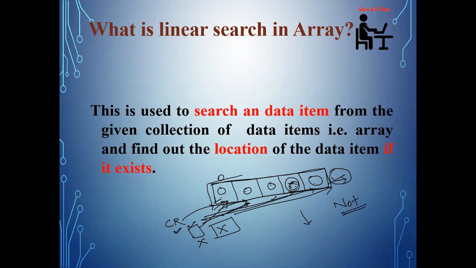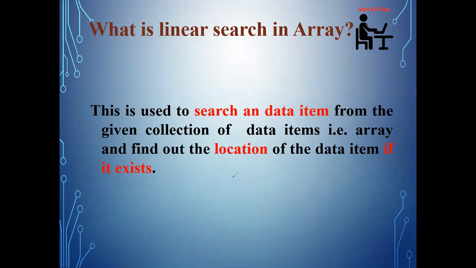So one by one, sequentially, you are doing the comparison process, following the searching process. That's why this is known as linear search, because you are searching one by one element from the entire array. The sequential search is otherwise known as linear search. If that student is present, you will tell me that the student is present. Similarly, whenever you search one element from the array, if that element is present, then you will return the location or the index where the value is present.